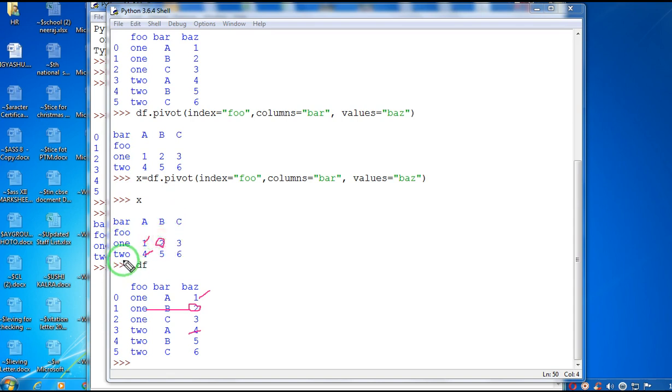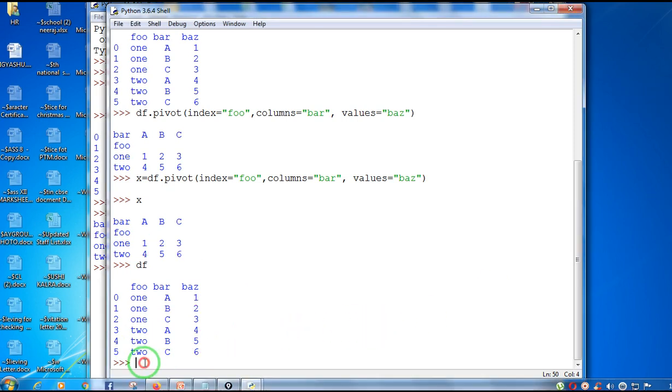For 2c the value is 6, and here also for 2c the value is 6. The values remain the same; we have only rearranged them. So in the new data frame, the rearranged values are displayed.